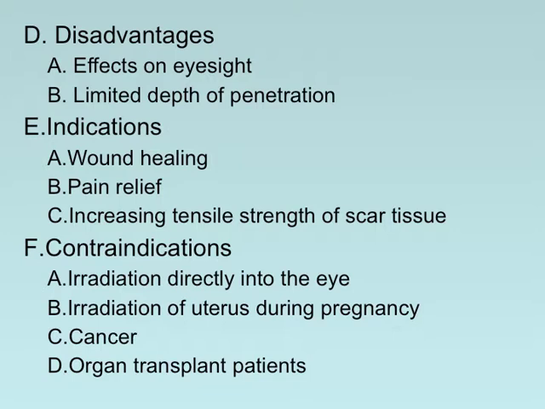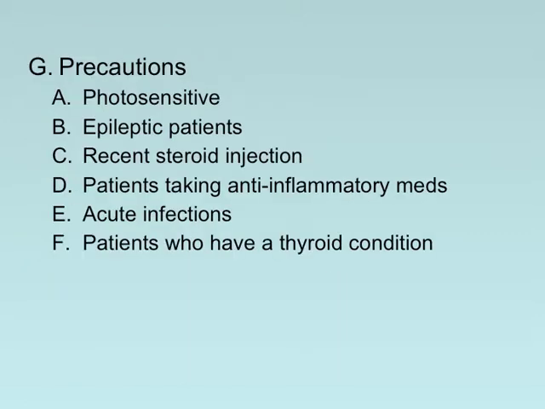Indications are primarily for tensile strength of the scar tissue. Contraindications, irradiation directly into the eyes, irradiation of the uterus during pregnancy. If somebody has a cancerous lesion, we don't want to increase blood flow to that area. Organ transplant patients. Precaution is if somebody is photosensitive, meaning their skin really reacts poorly, or they're on medications that